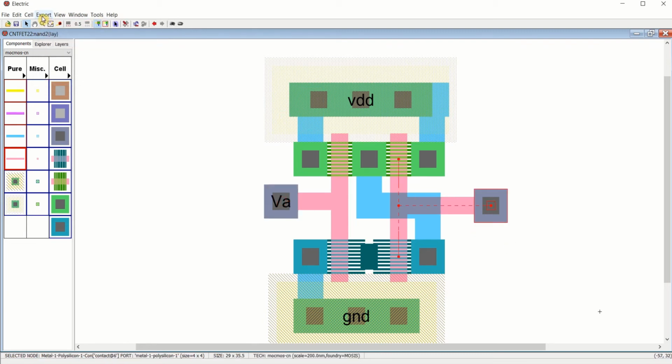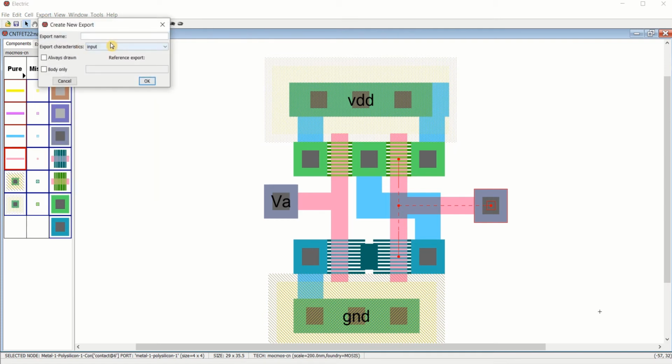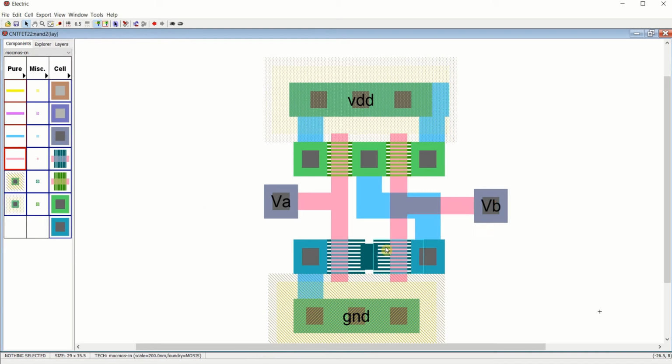This one to VB. And if you want, you can export this to y_NAND.